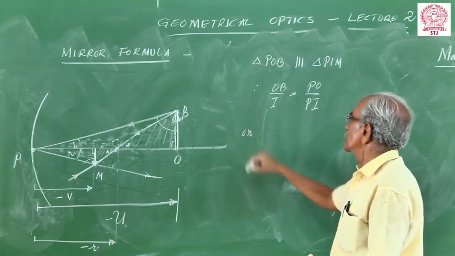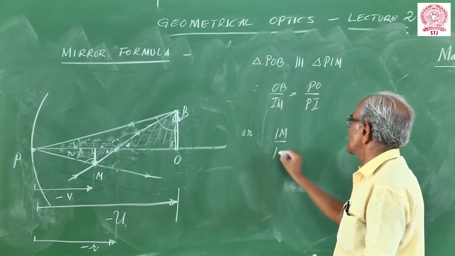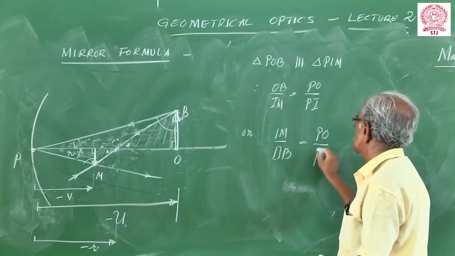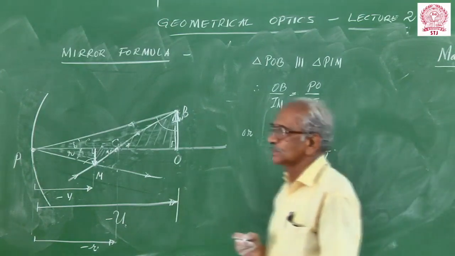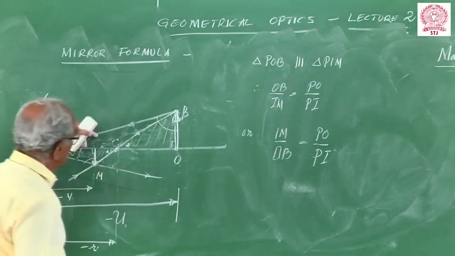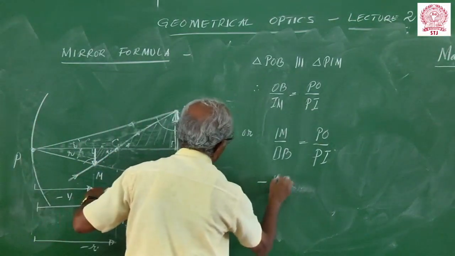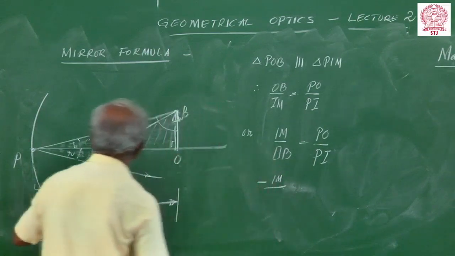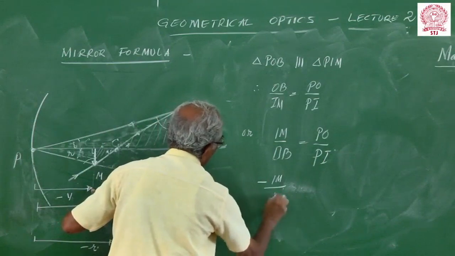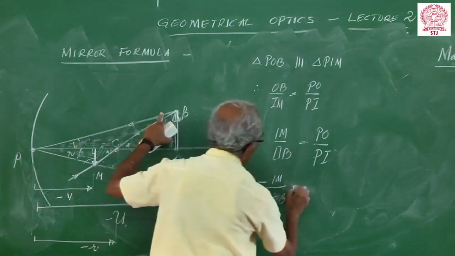We can take the reciprocal: image size over object size, that is PI over PO. Now apply the sign convention here. See, IM is measured below the axis, therefore it is minus IM over AB. It is OB, plus OB, above the axis. And PO, again the direction